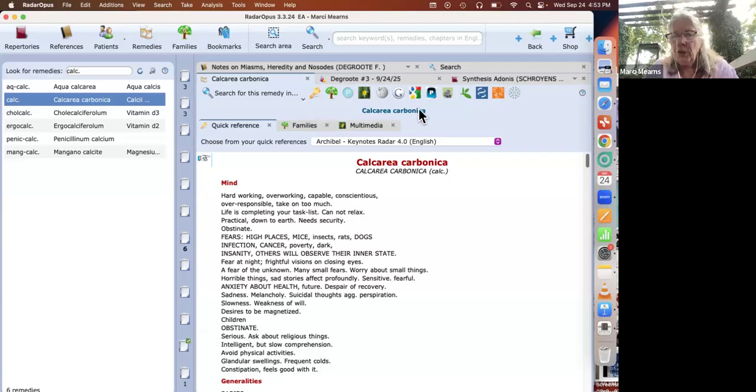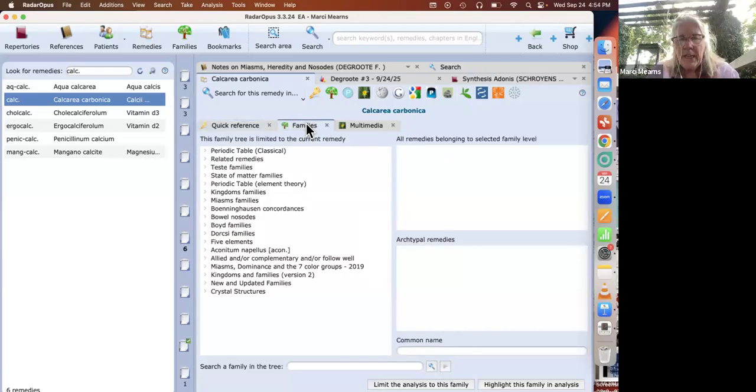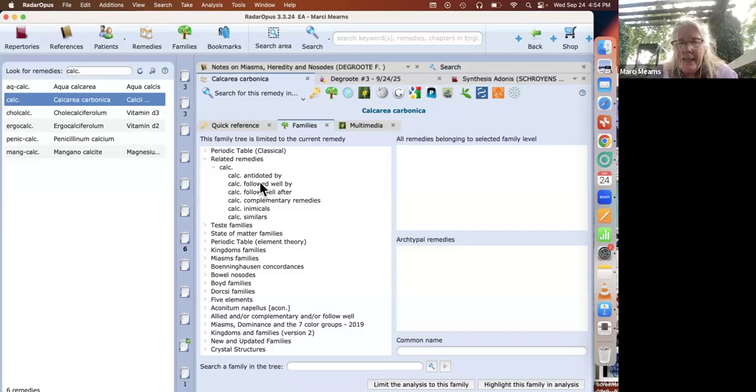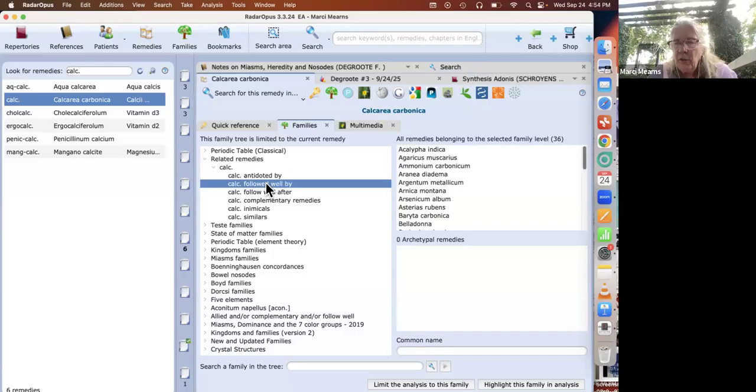Down here, just below where the name of the remedy appears, is this tab for what's called families. And we have something called related remedies. So if I open it up, I can choose calcarea followed well by, and I get a database of remedies.